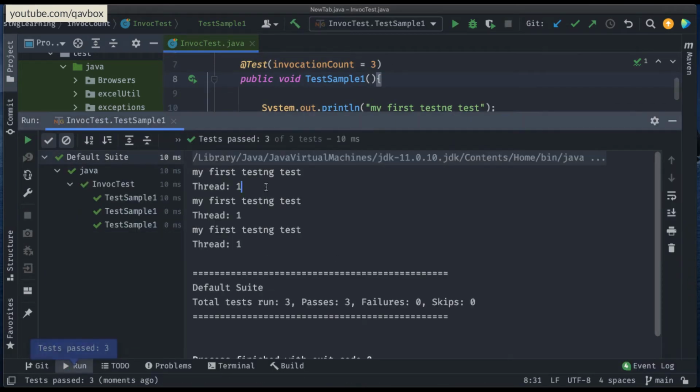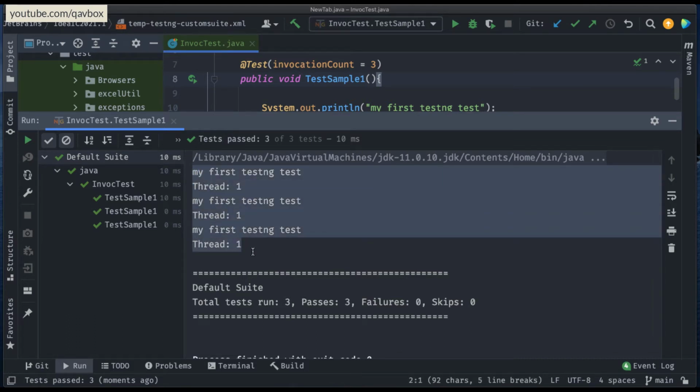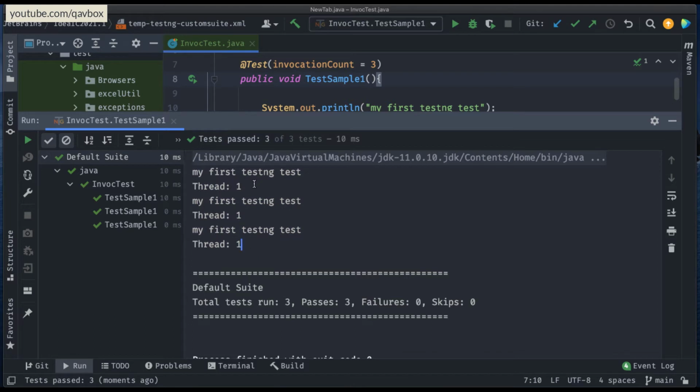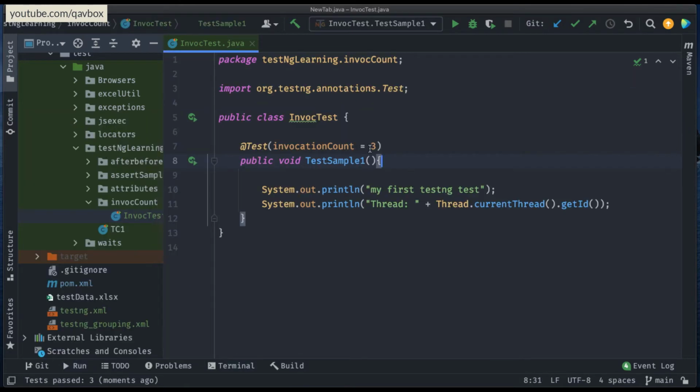Now you will see there is only one thread that is taking over. It means that it is running sequentially, because it is the same thread only, right? First the task ran, and once it completed, it went on to this one. Now another time it goes on to this one. Fine. So this is pretty simple because we have executed this in sequence order, right? We just want to repeat this one. But what happens if I say this one?